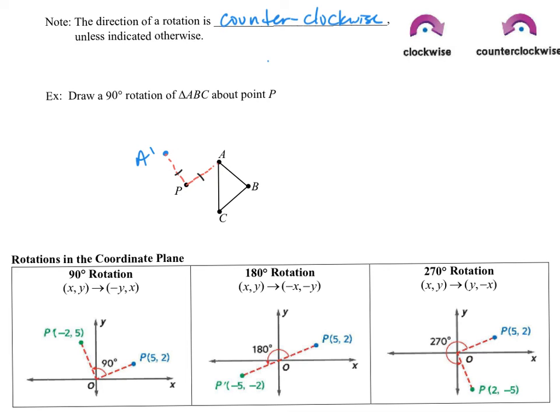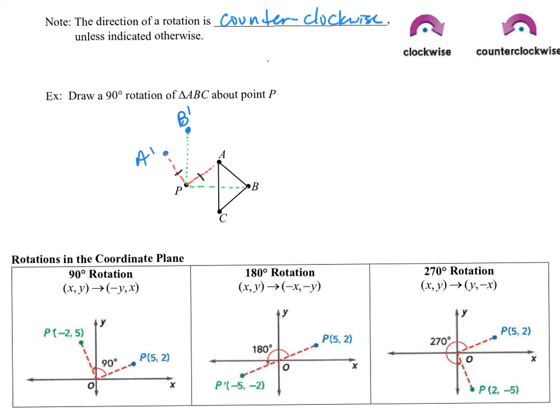So now let's try the same thing with B. I need the distance from B to P to be the same as the distance from P to B prime, and I need B to P to B prime to form a right angle. So I think I've got B prime in about the right spot. So here's B prime, okay? And then C,